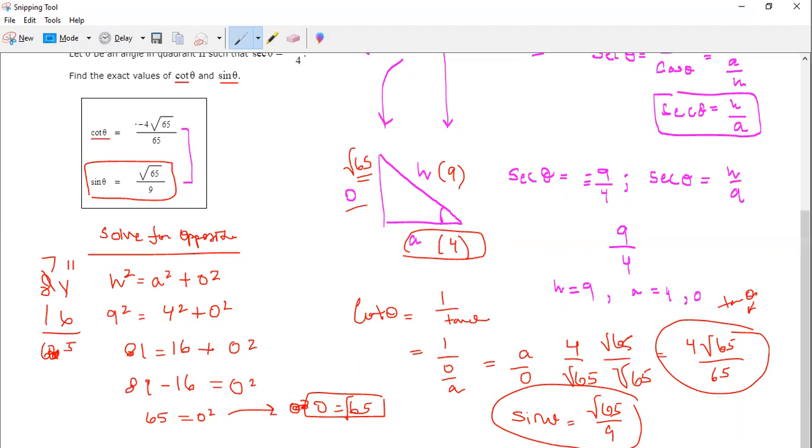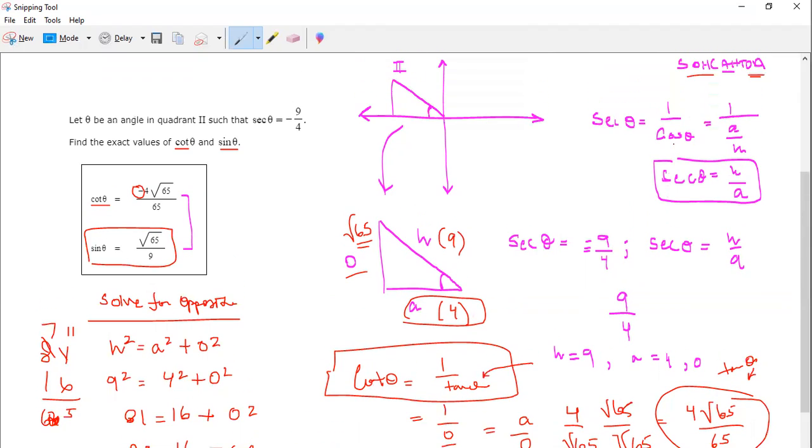Now, an important thing to recognize is that we have a negative in this answer, and it's not just for any random reason. We have the cotangent of theta is negative because in finding the cotangent of theta, which we did over here, we actually wanted to find the tangent of theta. And if you recall, the tangent of theta was O over A, the opposite over the adjacent of the triangle in the second quadrant. And if you recall the second quadrant, the x value or the base of the triangle here, which is actually just our adjacent side, would in fact be negative because our x values here are negative